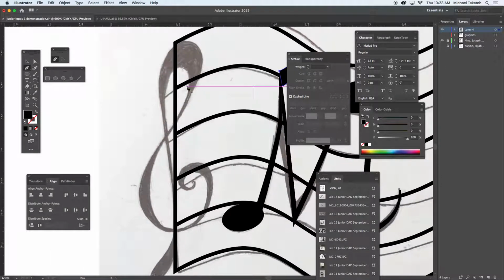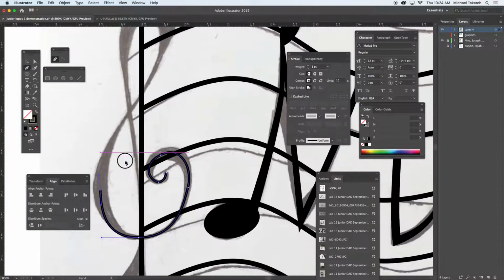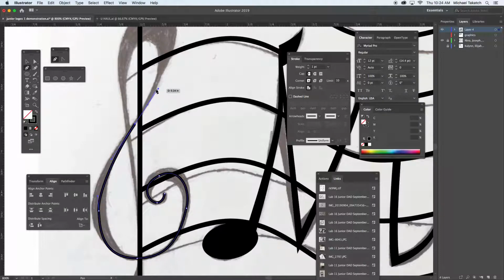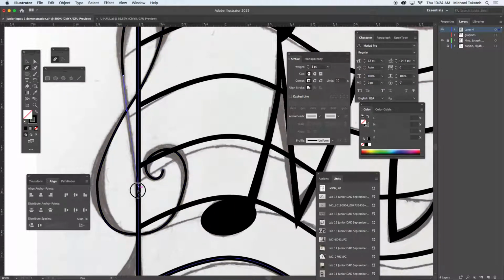And then coming over to this cleft, I'm just going to kind of click in the middle with the pen tool. You can see I have the strokes. I'm going to switch that around. And you can see the rubber banding of this hand is what they call it. So I'm just going to click and drag, trying to put the curve right in the middle. And then just climbing up this whole piece right here. Let's see if this will work. All the way down